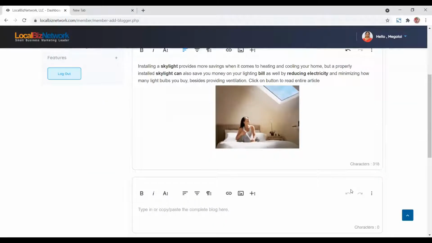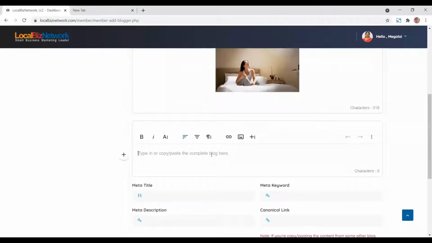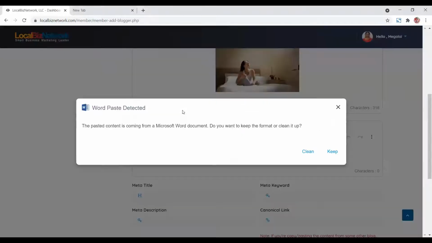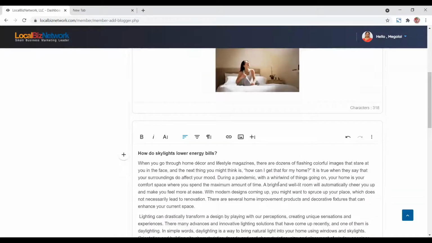And then the intro part is over, then I come to the blog. So I go to my Word doc and I copy paste. Let me do the copy paste from the Word doc directly onto this box here. Since I've already written it down, it is so much easier instead of typing it here. So I'm just copy pasting it here. Yes, since it is from a Microsoft Word document, put clean, then all the elements just come up like that.